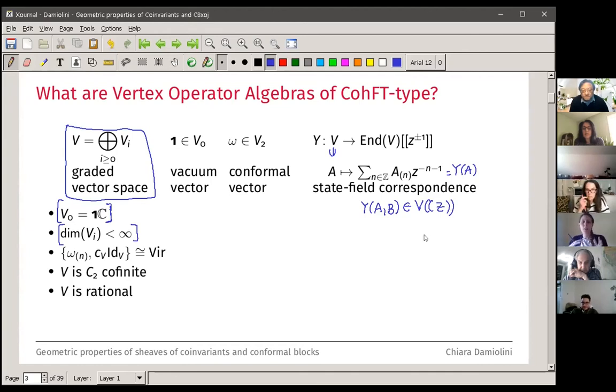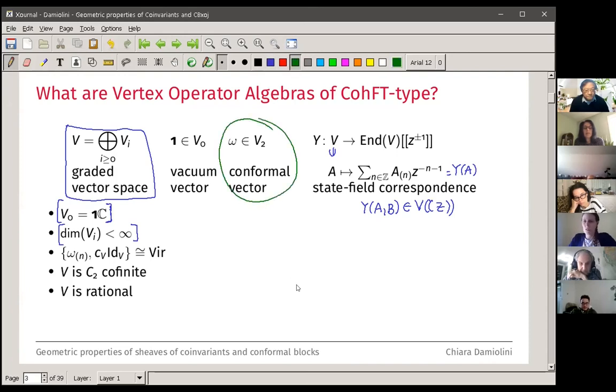And of course, there are many axioms, some of which describe the interaction between, like, some weak commutativity and associativity of Y, of the morphisms Y. And I think that for some properties that we really need to do geometry, we need a conformal